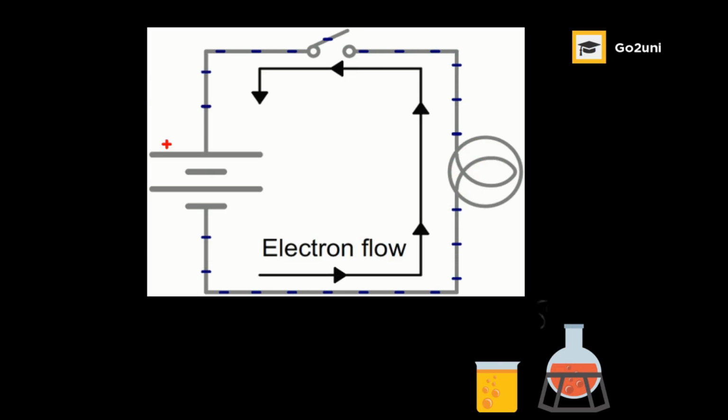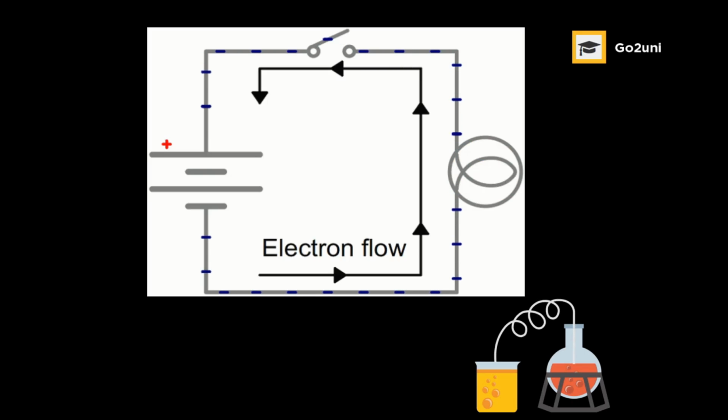So as you can see, the fast moving electrons, as they move through the circuit, this is what we refer to as current electricity. Let's look at that flow again. You can see the bulb is lit, and of course when the disconnection is made, the bulb goes off. But once the connection is made again, electrons flow, and of course the bulb comes on again. So this is what we refer to as current electricity.